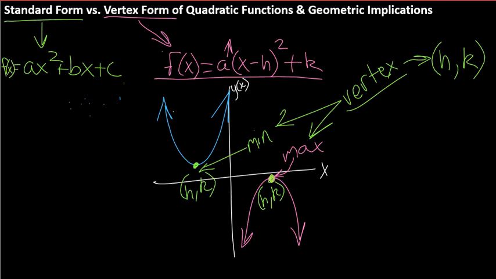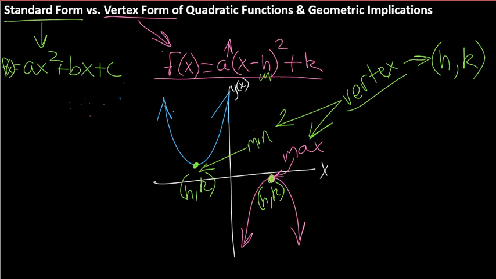Okay, that is your vertex. Your vertex will always be a minimum or a maximum. And if you remember from geometry, a vertex is like a corner. It's important to understand what a vertex is, but that is why it's important to understand vertex form. Because what we get from that